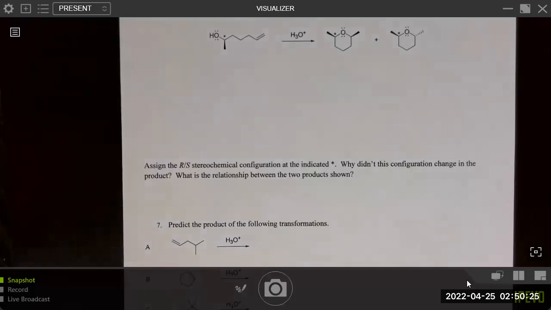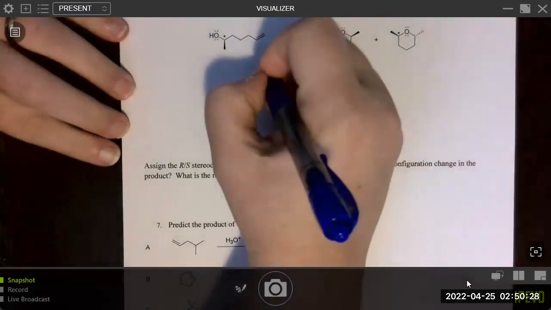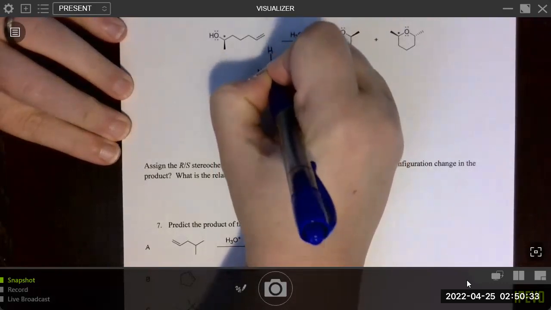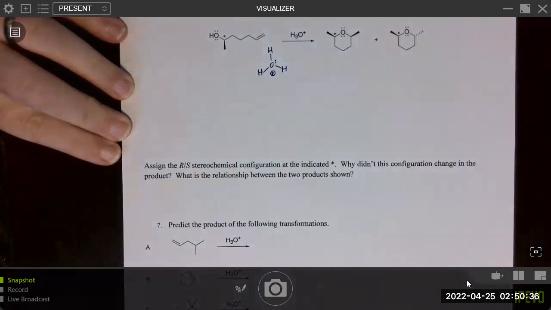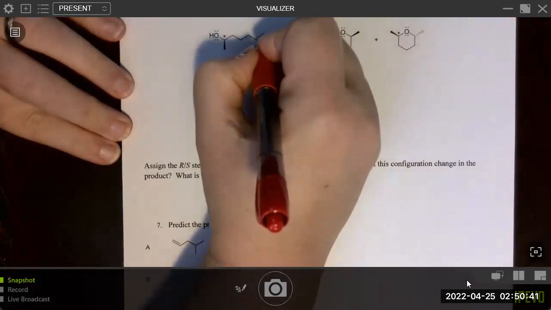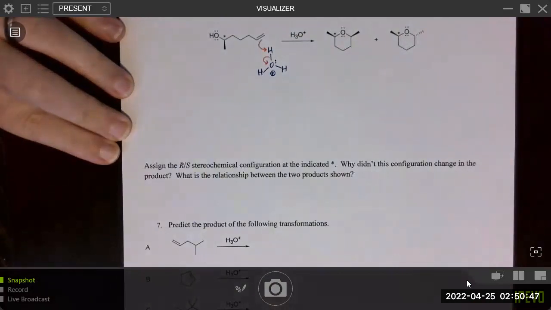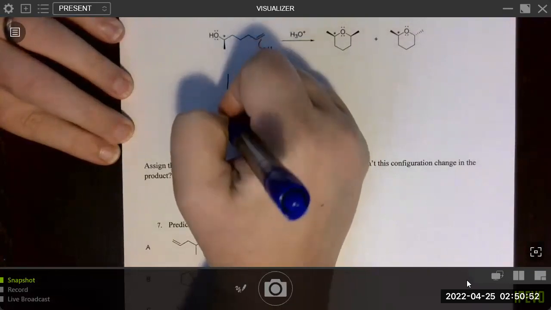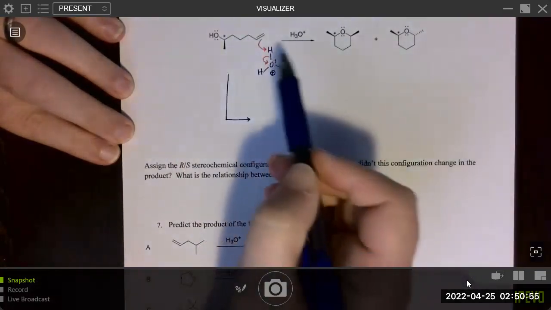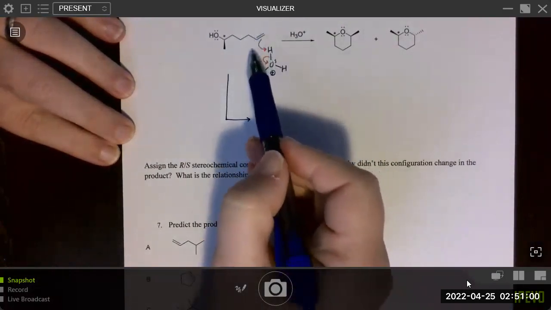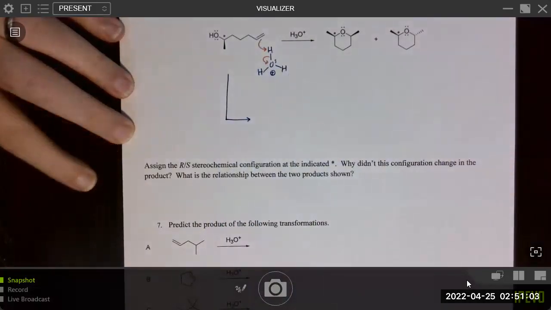So what is the first step in an acid catalyzed hydration reaction? Well, we just did it before and we showed proton transfer occurring first. So the pi bond attacks the hydronium ion to pick up a proton. So we're going to selectively put that hydrogen on the less substituted carbon in order to form the more stable, in this case, secondary carbocation.